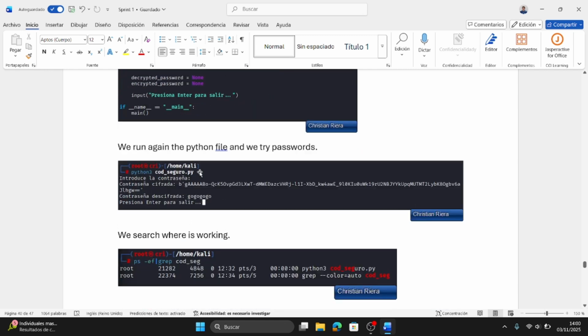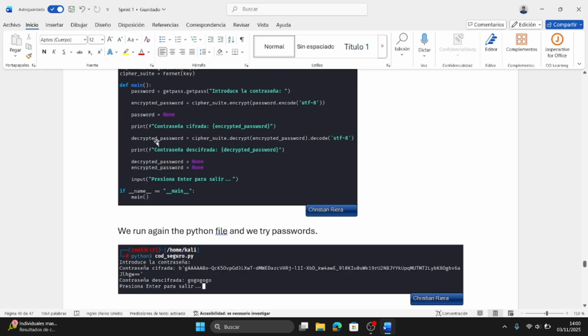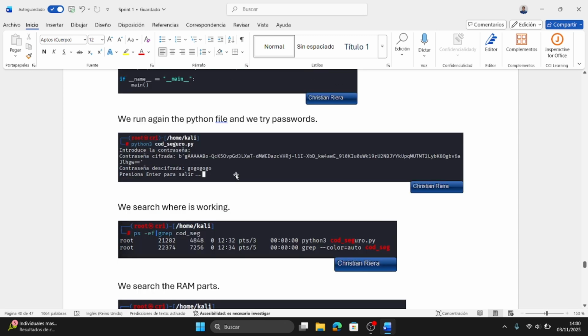Now we run the new file and we try passwords, and we're going to see the message to put the encrypted password. And here we put this line for this example to see the password decrypted, but we don't have to do this in any server or website. It's only for this example.